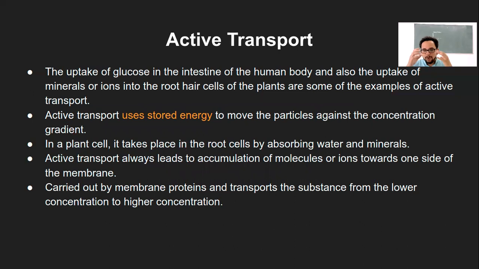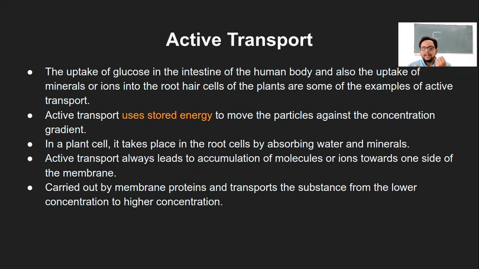As and when the food goes down the intestine, that is towards the end of the small intestine, glucose has already been absorbed, and there will be more glucose in those blood capillaries which are connected to the microvilli compared to the glucose in the digested food at the end.